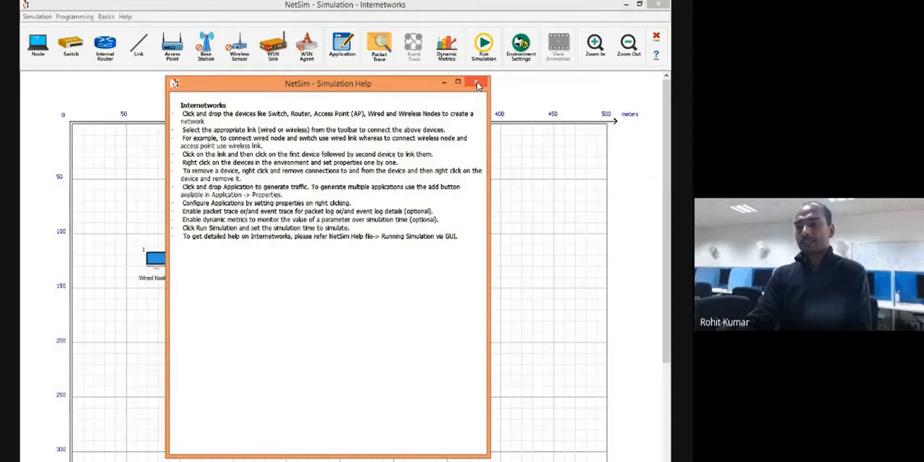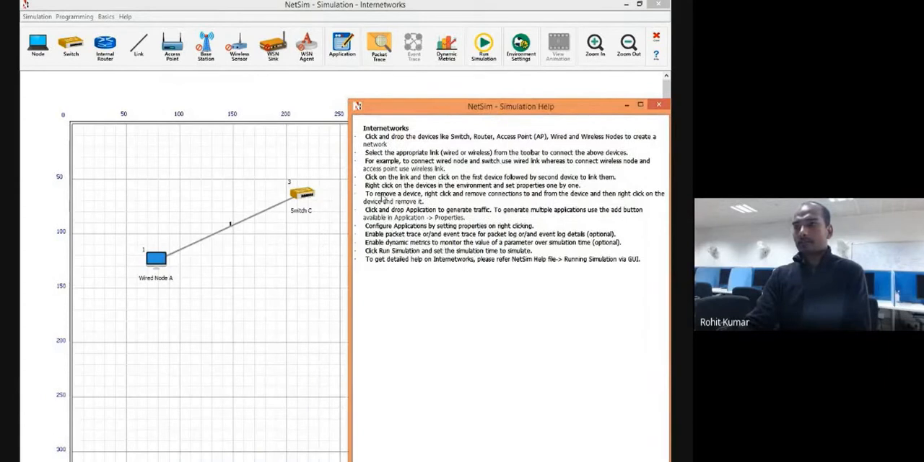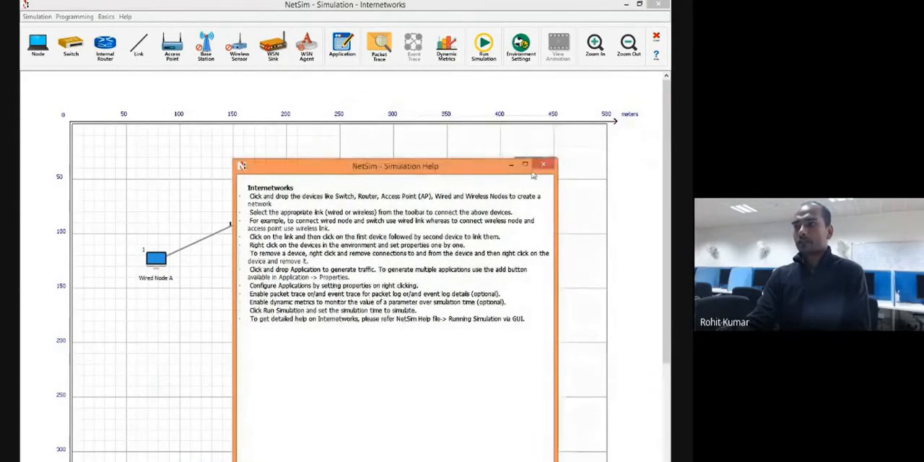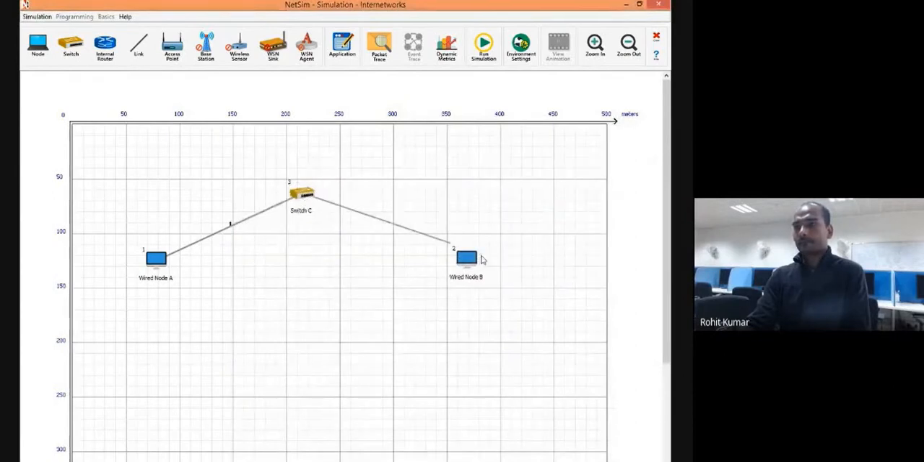You can easily create your own environment. You don't need to see repetitive videos. You don't need to go again and again into the user manual. So just a simple step-by-step process I'm showing you here. Then right click on the device in the environment and set the properties one by one. Okay. So first I connected the devices. Now it is saying